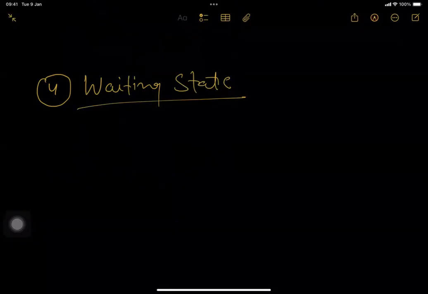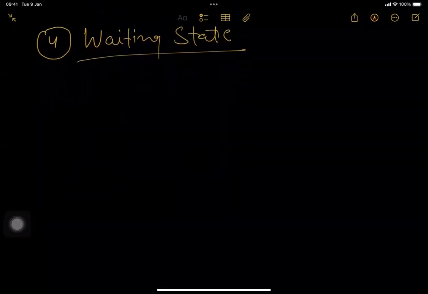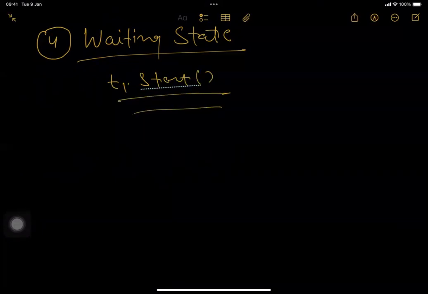Now the fourth state. We have the waiting state. What is the waiting state? Let's assume you have T1, you did T1.start, and for a certain reason you call a wait method on